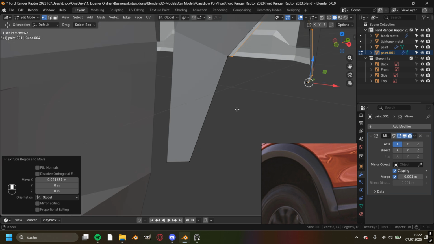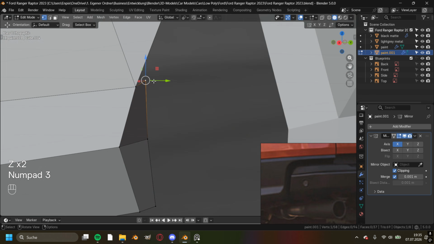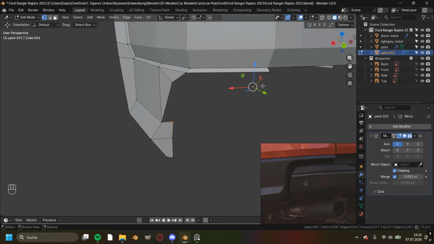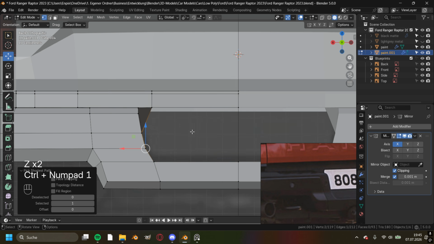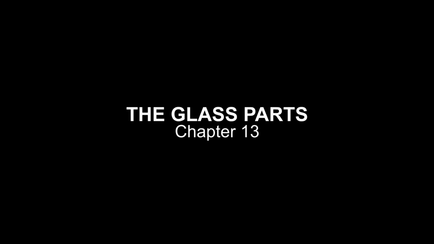I started by creating the back wheel arch, and it was basically the same process as the front one, and the parts for the back bumper were nothing special compared to the front bumper. So after finishing off the last part, which was the license plate area, I continued with chapter 13, the glass